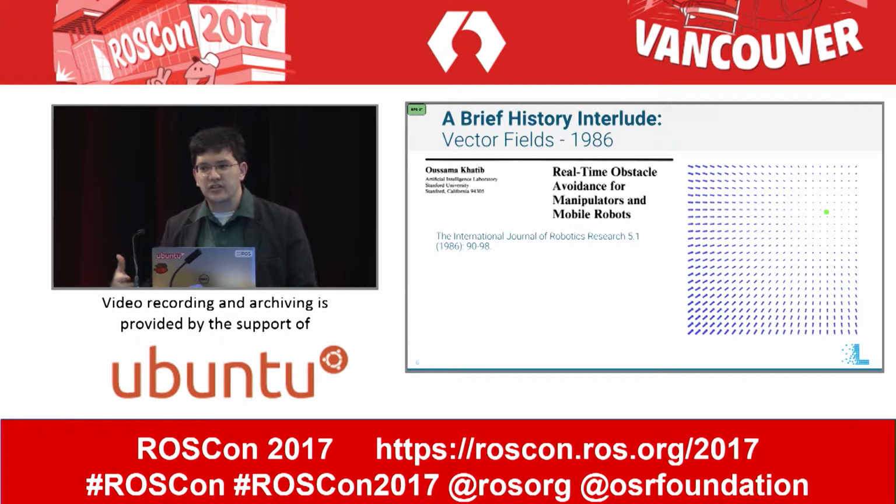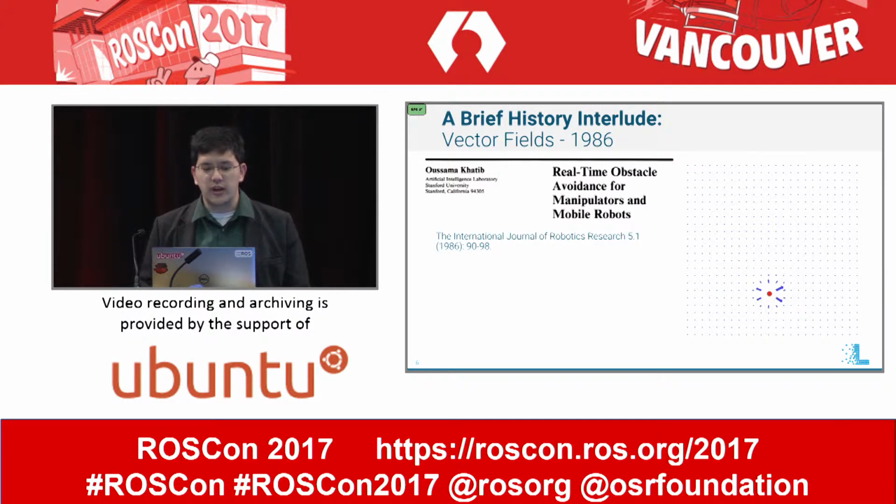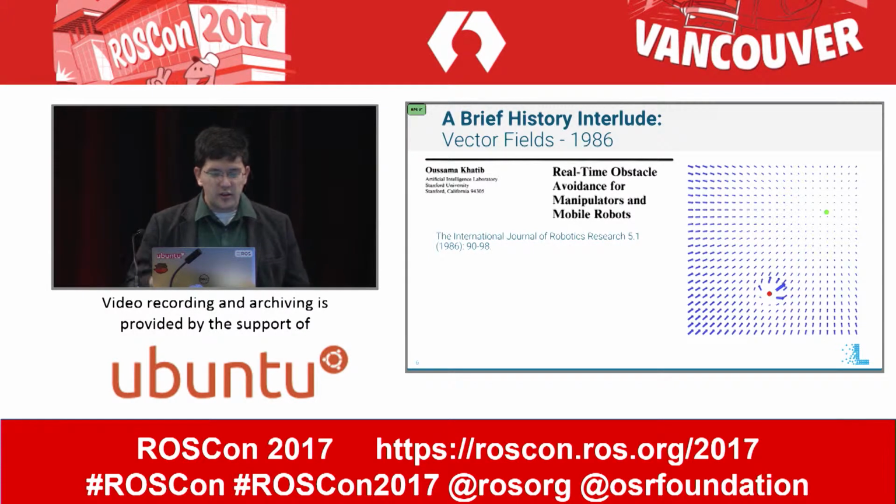which is vector fields. So this came out in 1986, and the idea is you have an attractive force that moves your robot towards the goal, and then you have repulsive forces that move the robot away from any obstacles, and then you add them together, you get a combined force, you translate that to a command velocity, and you drive along that. This is one of the classic methods of robot navigation. But if you're very far away from the goal or very close to one of the obstacles, the force vector can be immeasurably high. And so as a result, there are commands that you really can't perform given the acceleration